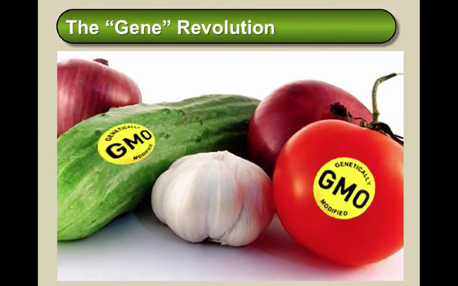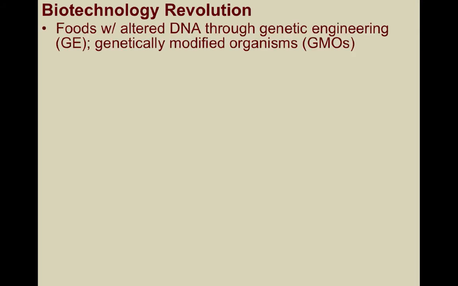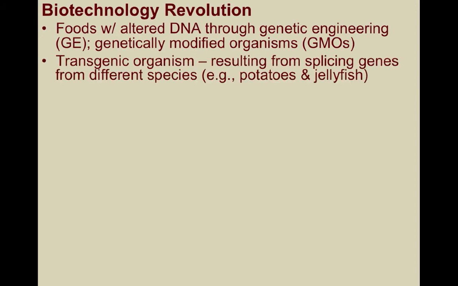Okay. Whereas the Green Revolution has largely been based on hybridization and the crossbreeding of cereal crops, the Gene Revolution has harnessed modern biotechnology to create new crops through genetic engineering. Also known as the Biotechnology Revolution, companies and individuals alter the DNA of foods in laboratories to create genetically modified organisms, or GMOs. While most GMOs are produced by splicing genes from the same plant or species, transgenic organisms are created by splicing genes from different species to insert or shut down specific traits. For instance, potatoes with jellyfish genes that glow when they need to be watered.